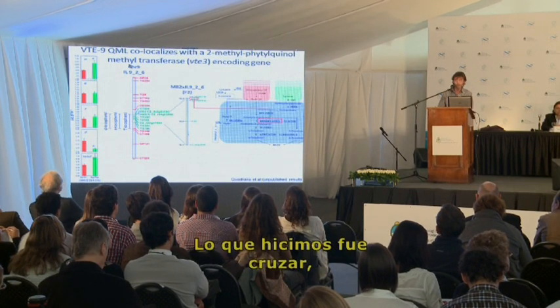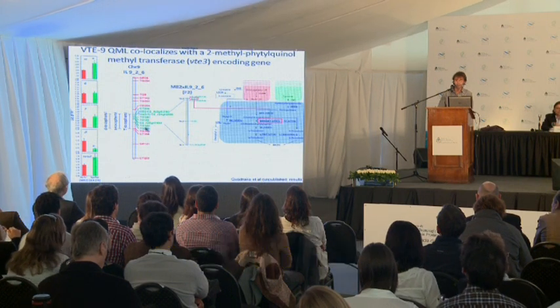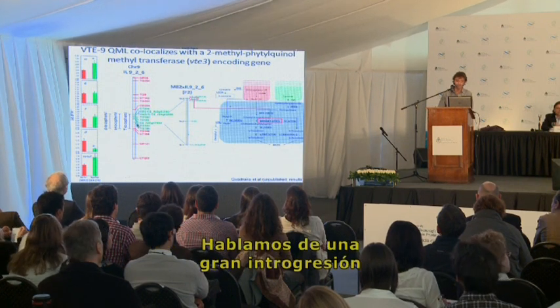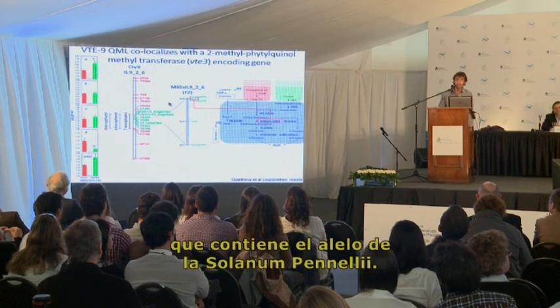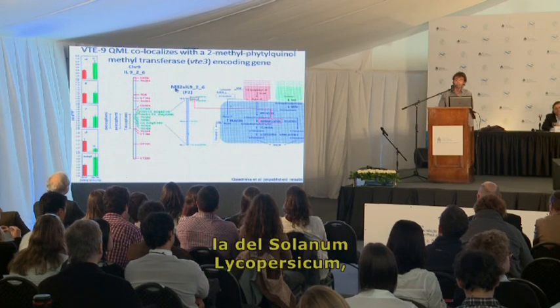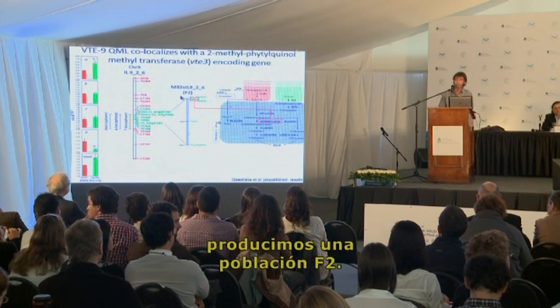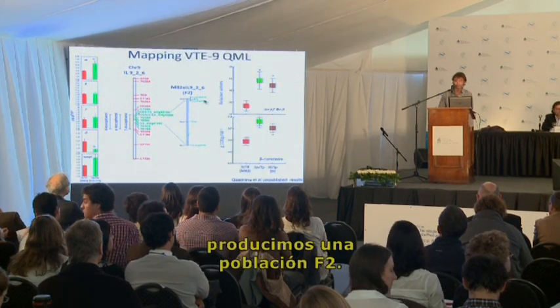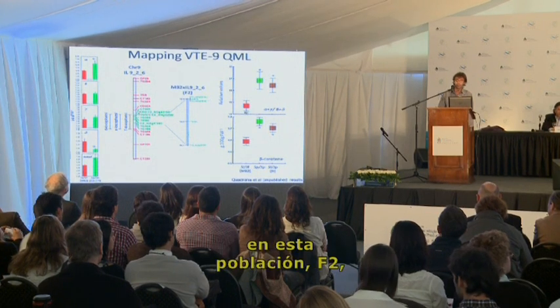What we did was just to cross this introgression line, which contains a big introgression containing the Solanum pennellii allele, again back with the M82 variety, the Solanum lycopersicum variety. We produced an F2 population, and when we measured the chlorophyll content in this F2 population,